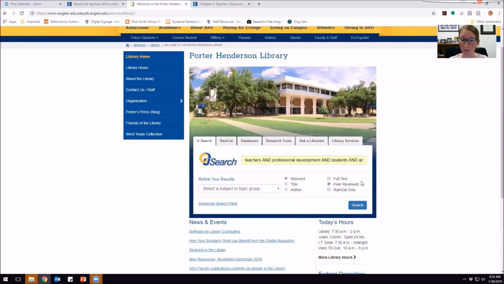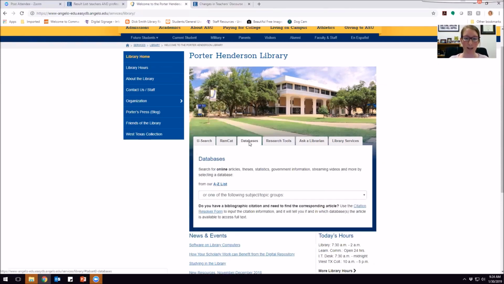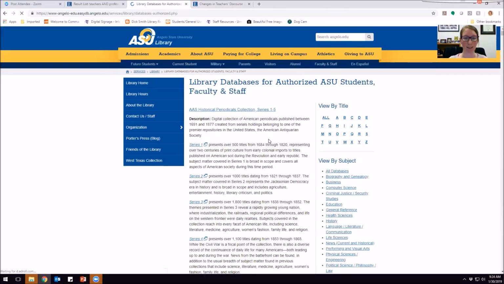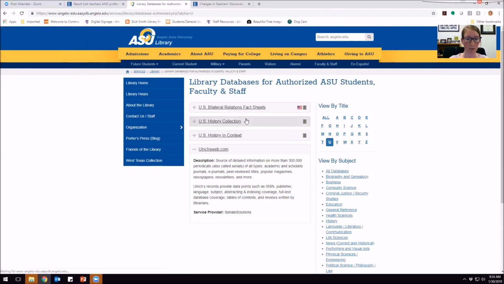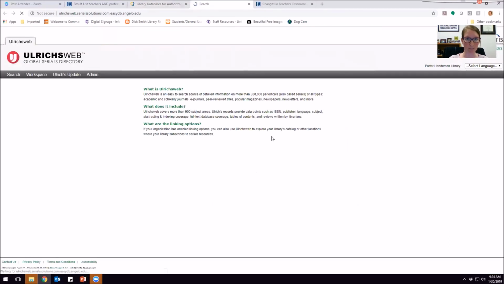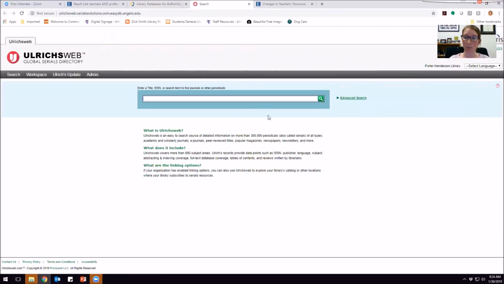So there's another way to check to see if academic journals are peer-reviewed, and I'm going to show you how to do that, and it is definitely worth the extra step. So what you need to do is go to Databases, and then to the A to Z list, and then click on New, and then go to Ulrichs. And what this does is this actually provides you comprehensive information about an academic journal. So let's just say that I have an article and I already have the journal title here, so Higher Education Review. I'm going to search,